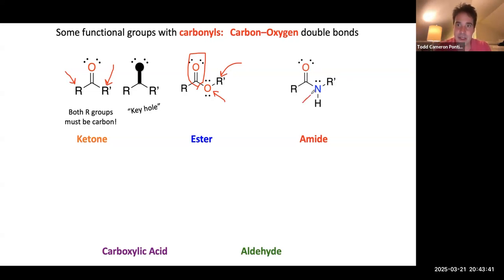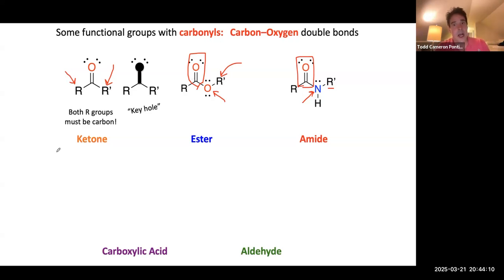So instead of an oxygen, you have a nitrogen here, and you can have a continuation of hydrocarbon. You can actually have a hydrogen there as well. It doesn't matter. As long as you have a nitrogen adjacent to that carbon-oxygen double bond, you have yourself an amide functional group. These are really strong bonds. These are actually the bonds that hold together the amino acids in proteins in